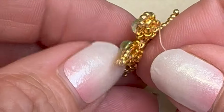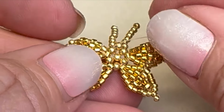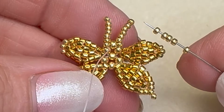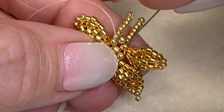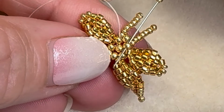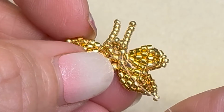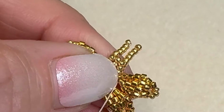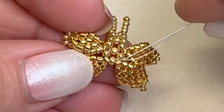Now turn your butterfly over and pull the thread to the back side so it's coming out the 11 on the back. Pick up 5 more of the size 15 seed beads and come through the 11 on the opposite side of the one that your thread is coming out of. And that will form a little loop here on the back. Needling down through the base of the next wing, and then through the next 11, and then come through 1 more wing,